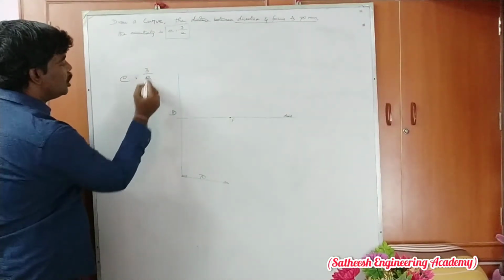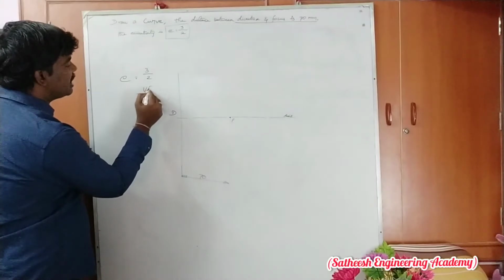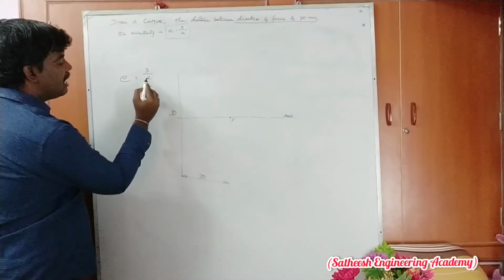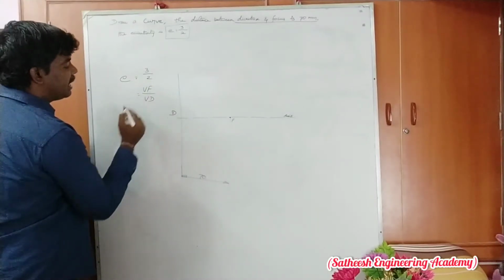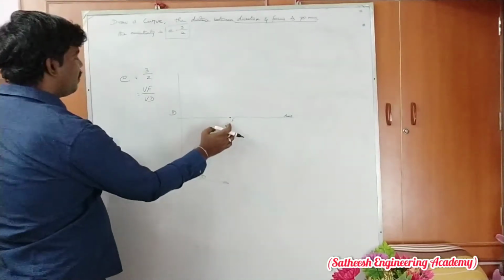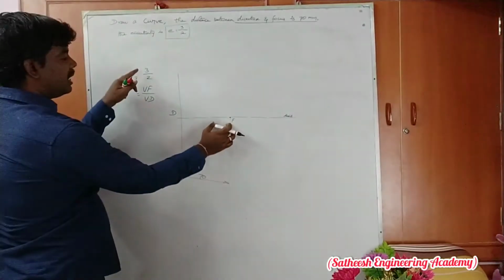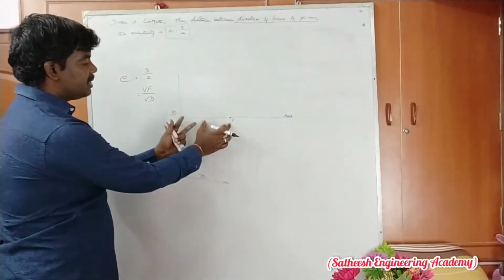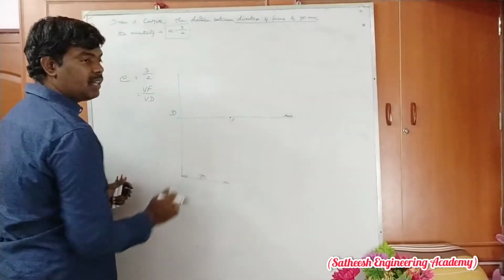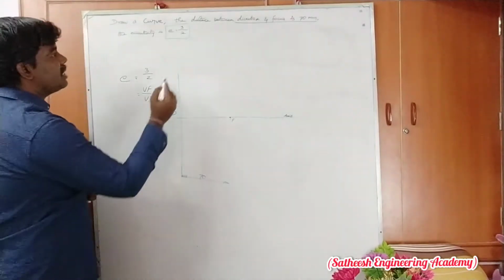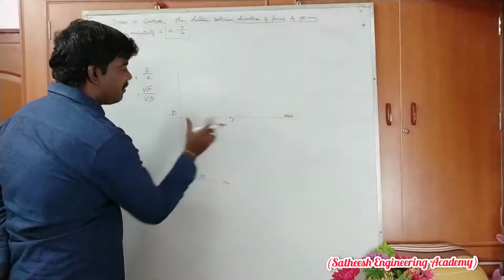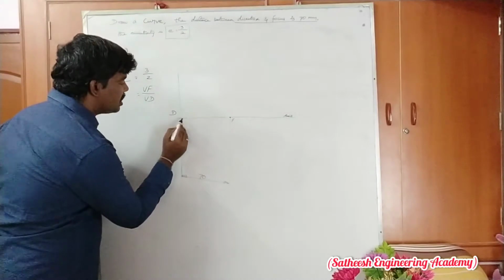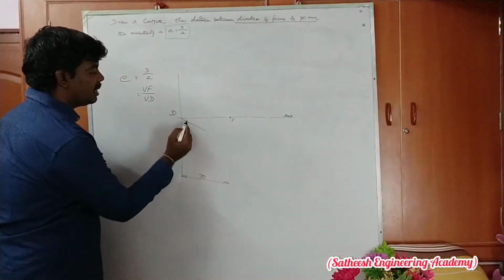It's nothing but, in the numerator, the distance from vertex to focus divided by, in the denominator, vertex to directrix. Therefore, from focus to vertex point is 3 equal parts. When compared to directrix, it is 2 equal parts. This side is 3 equal parts. Clear? So therefore, the directrix to focus distance you divide into 5 equal parts.